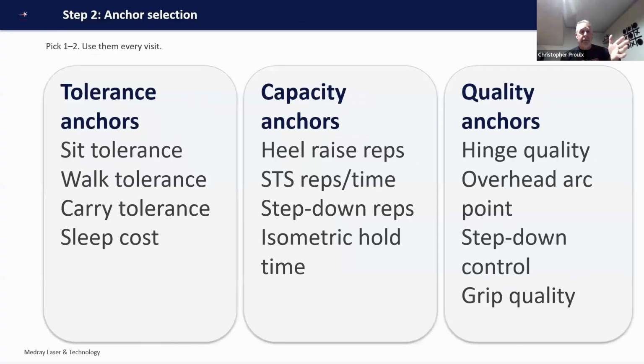So the tolerance anchors. Those are things that are usually somewhat related to longer duration types of activities. 80% of the workforce in the United States has to sit. And so that's a problem for someone who doesn't have a really good sitting tolerance, right? Walking is another one. We want people to walk. In fact, that's a challenge too, because it's usually something that we often recommend as part of our first line of exercise therapy, or at least an ultimate goal as a result of that.